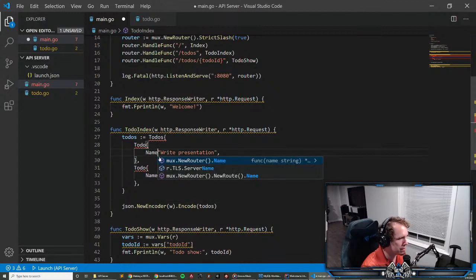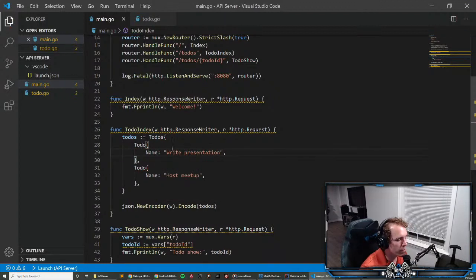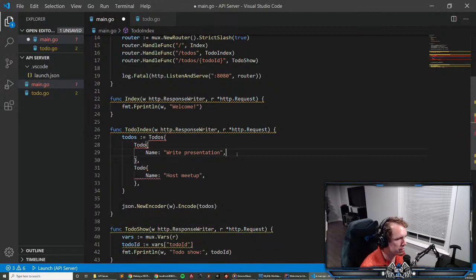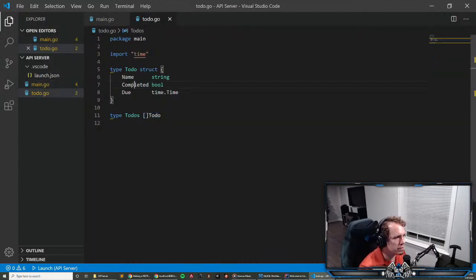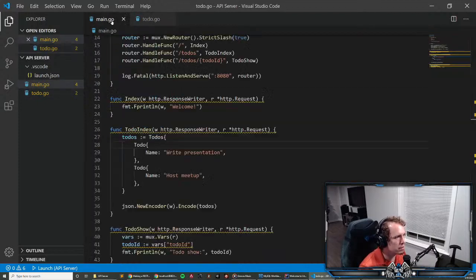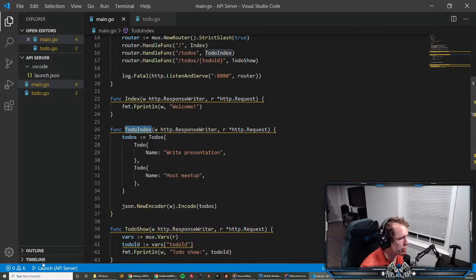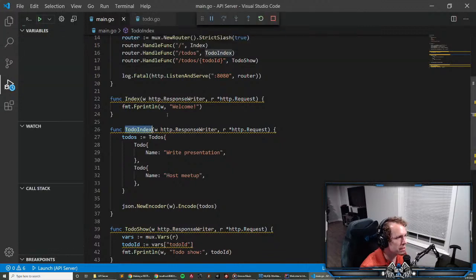Maybe not. I thought you could, but yeah, you'll notice they're not doing all the other variables in the to-do. So completed, do. They just did the name. So now what'll happen, so this to do index will actually format the response and send it back in JSON format. So if we launch this,